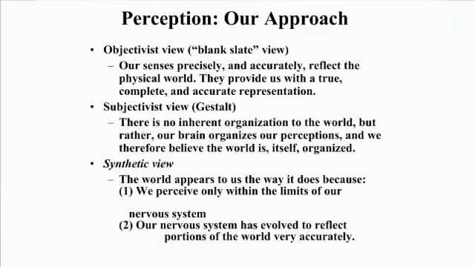And so if we think about this objectivist view, that can't be right. At the limit, this subjectivist view would be that everybody sees everything differently all the time. That'd be a confusing world of hallucinations. We don't live there either, mostly. So we think it's because there's a relationship between these two, a sort of synthesis. We perceive only within the limits of our nervous system. There's a way that we see the world. But the way that our nervous system computes and makes inferences about the world reflects many properties of the world that are efficient and accurate.